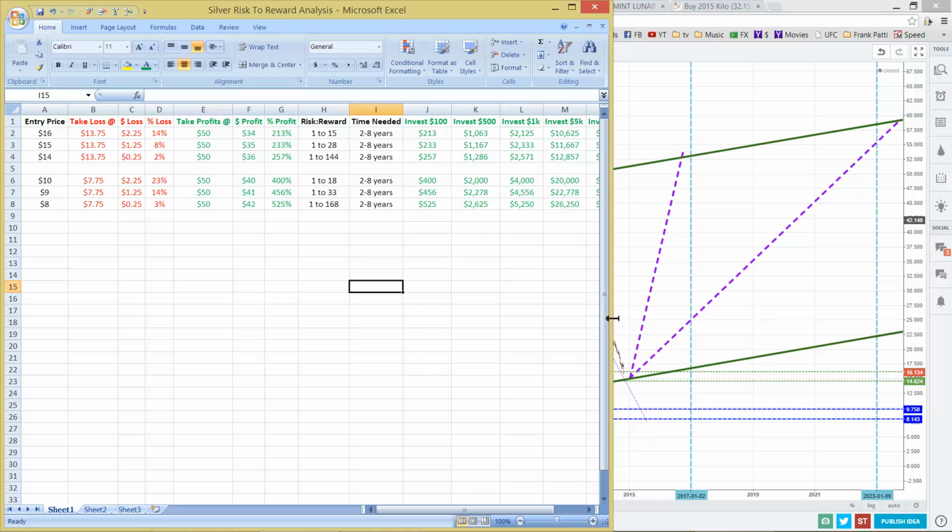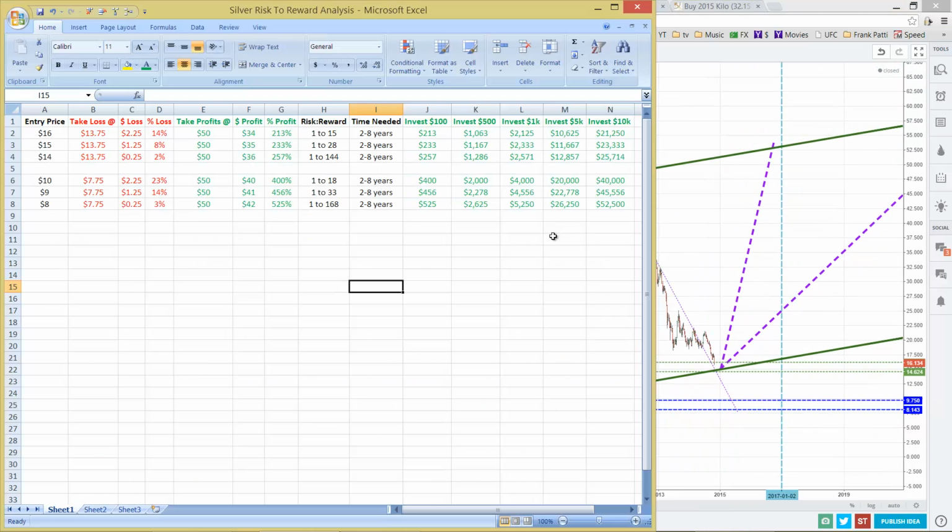And let me just pull this over here a little bit. Are you willing to invest these amounts that can potentially make a significant impact in your lifestyle? Now, if I put in $5,000 now and 2 to 8 years later I make $12,000, then that is enough for me to buy a used car in America. That $12,000 or the $25,000, any one of these price ranges within that box that I highlighted,